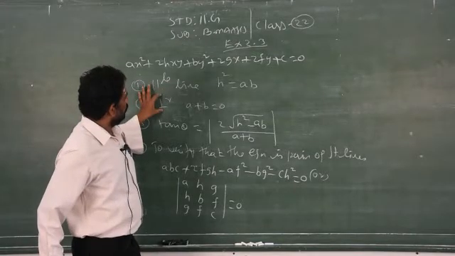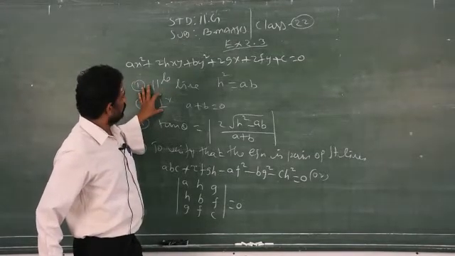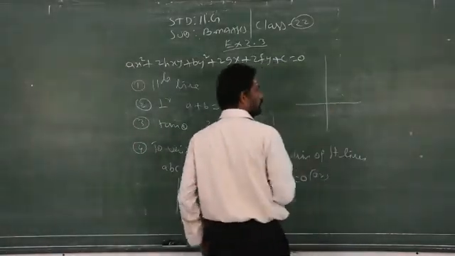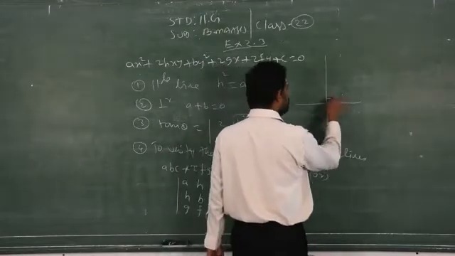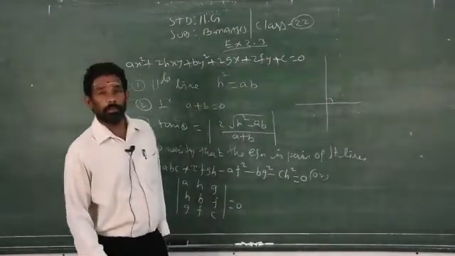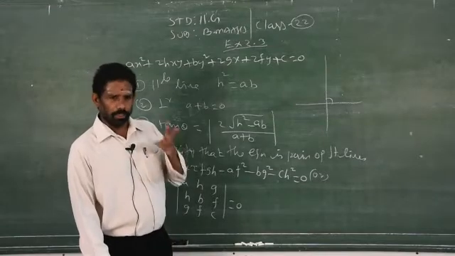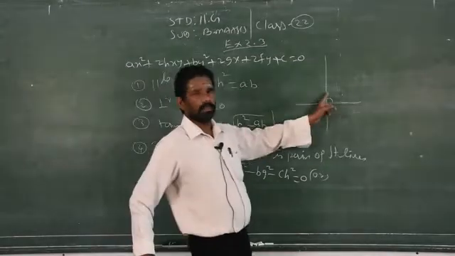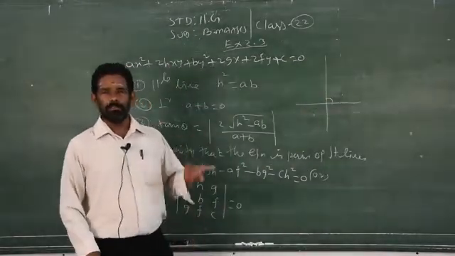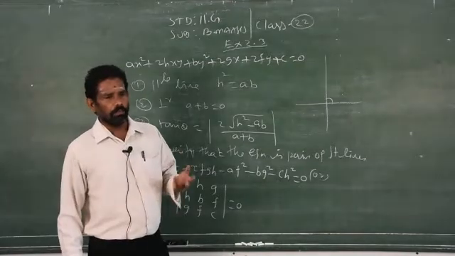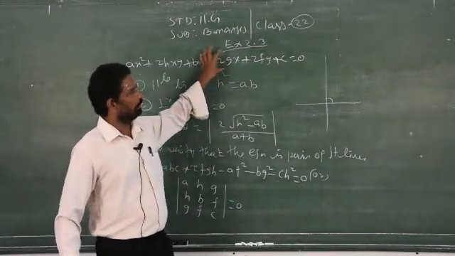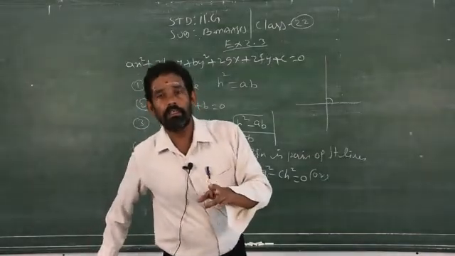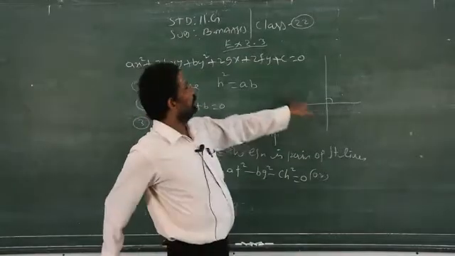So what is a perpendicular line? Intersecting lines are lines that cross, but specifically if they make an angle of 90 degrees, then they are called perpendicular lines. Clear? There are only two categories, parallel or intersecting. For intersecting we have a special category like this, the perpendicular line. That's what I said in the beginning itself. The equation, the combination of these straight lines, represents only two categories: one is parallel, another is intersecting. In intersecting, we have perpendicular lines.